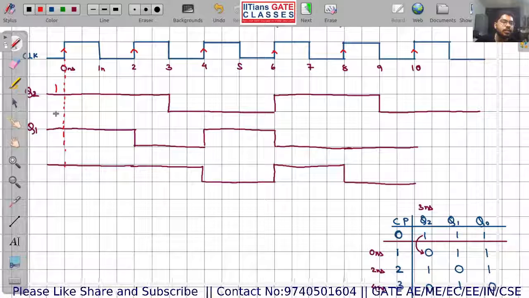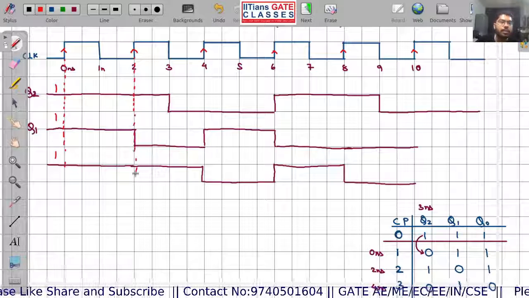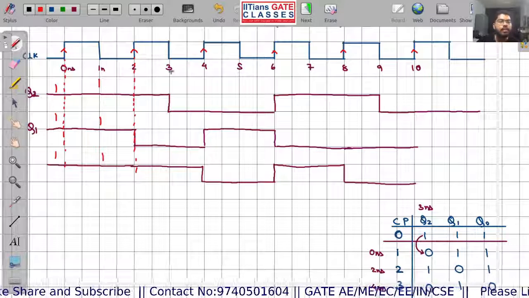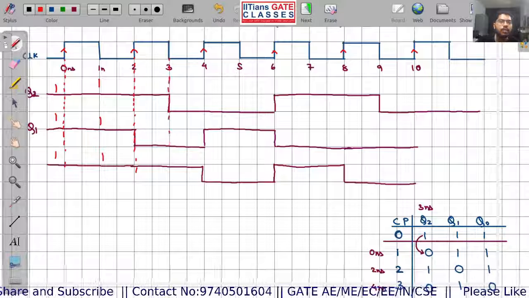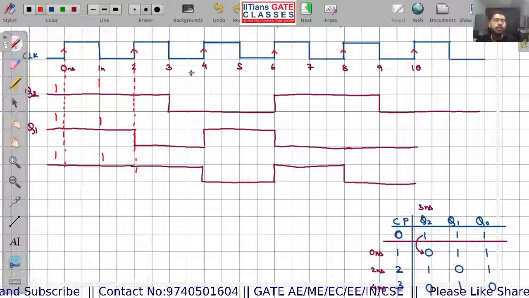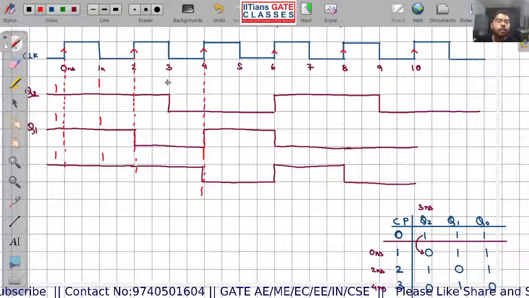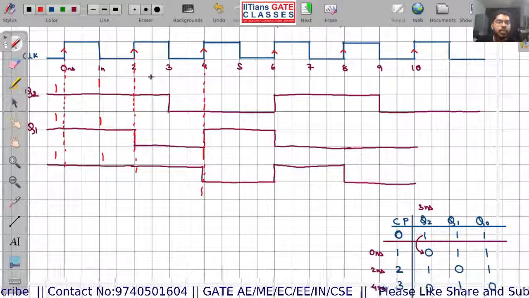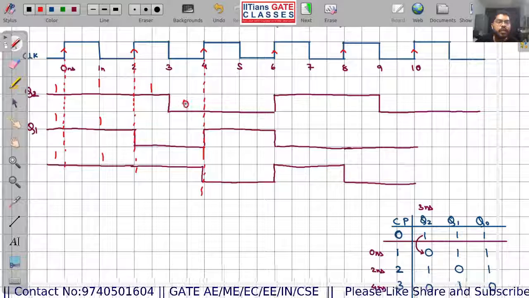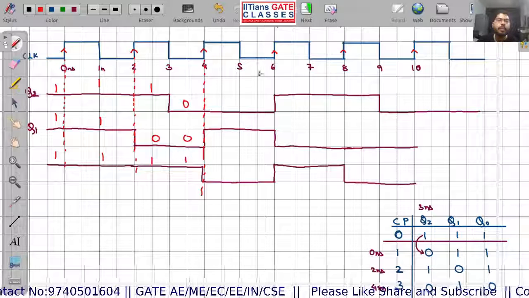Here you can see it is 1, 1, 1. So this is the second clock pulse. Here the value is 1, 1, 1, even here it is 1, 1, 1. Fine. For this clock pulse, sorry, not this clock pulse, this is the third nanosecond. For this clock pulse, you can see there are intermediate values. In between 2 to 3 nanoseconds, we have 1, 0, 0, 0, 1, 1. We have intermediate values.